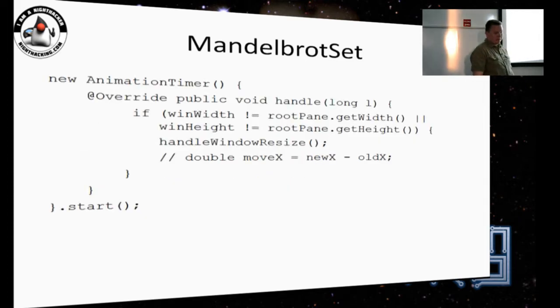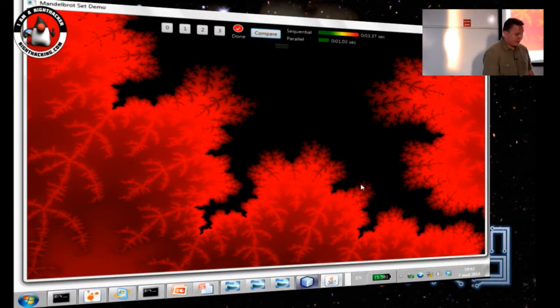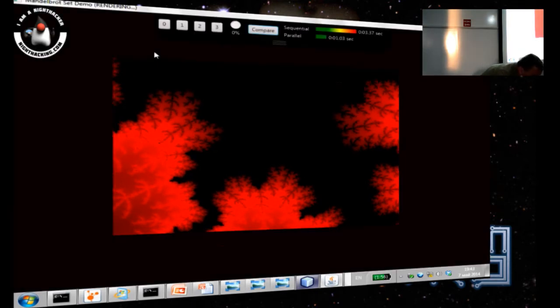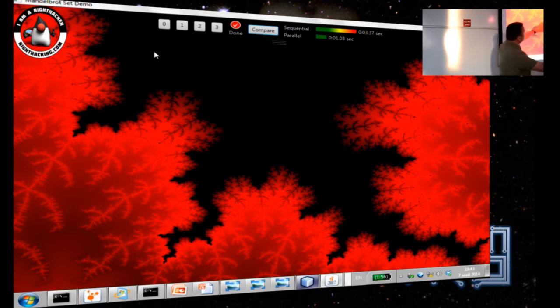And then in the animation timer handler, whenever we hit the next frame operation, we check whether the height and width of the window changed, and if they did, then we move the content to avoid things being moved to the top left corner of the window, because by default when you resize, the whole picture would be moved to the top left corner.